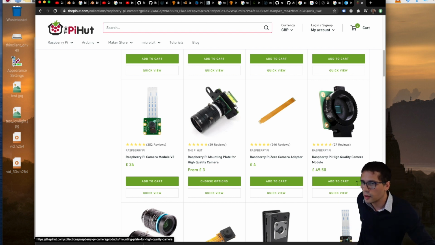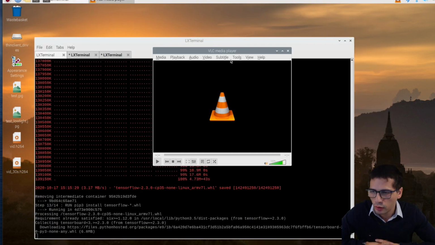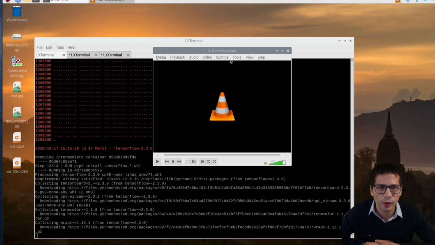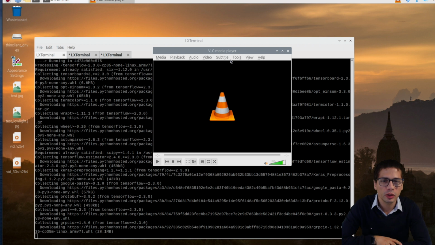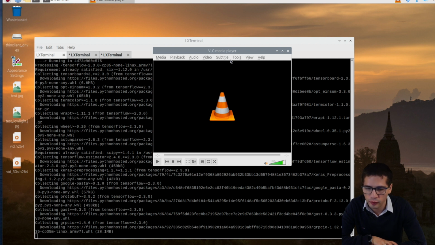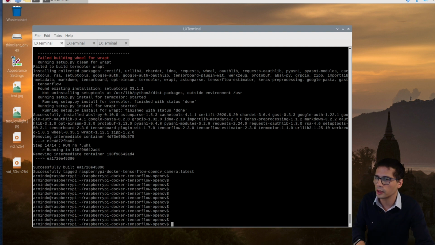Alright, so it's now installing TensorFlow. What I want to do is actually publish this image into Docker so that I don't have to always build it again. As you can tell, it takes like an hour or something to just build this. So if I want to be a good Samaritan for anyone else who's trying to do the same as me, I would publish that into the Docker Hub. And I'm going to do so. Okay, let me just have a look at this Docker file. I'm going to publish this Docker file so that I don't have to do this ever again. I can just download the Docker file and I'm done with it.